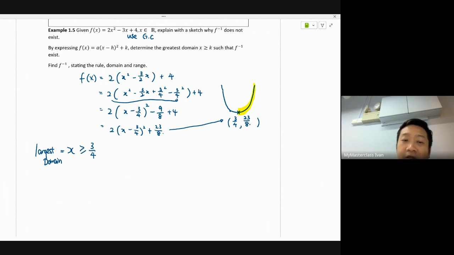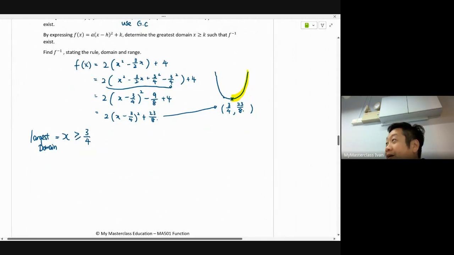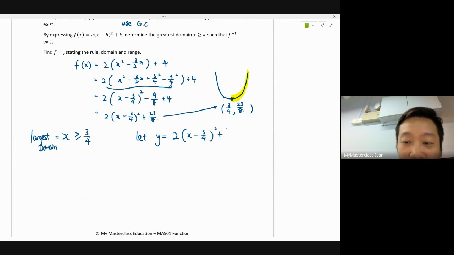Okay, so remember the rule, domain, range, the f. Find out what is the f inverse. Okay, so remember what is the technique to find the f inverse? Yes, make x the subject. So I let y be equals to 2 bracket x minus 3 over 4 squared plus 23 over 8. Okay, y minus 23 over 8, divided by 2, is equals to